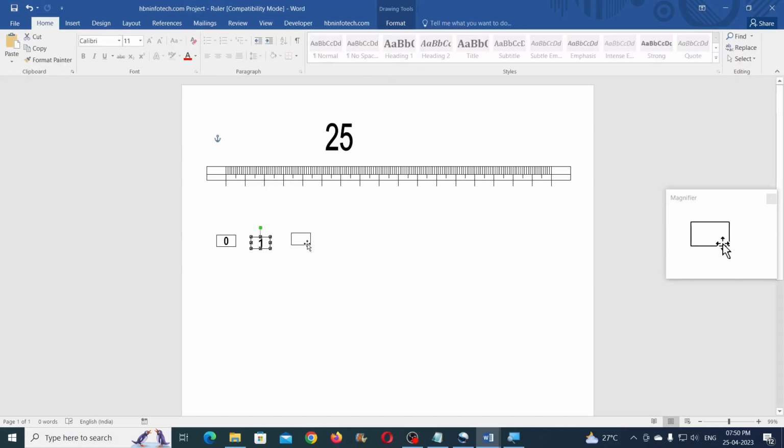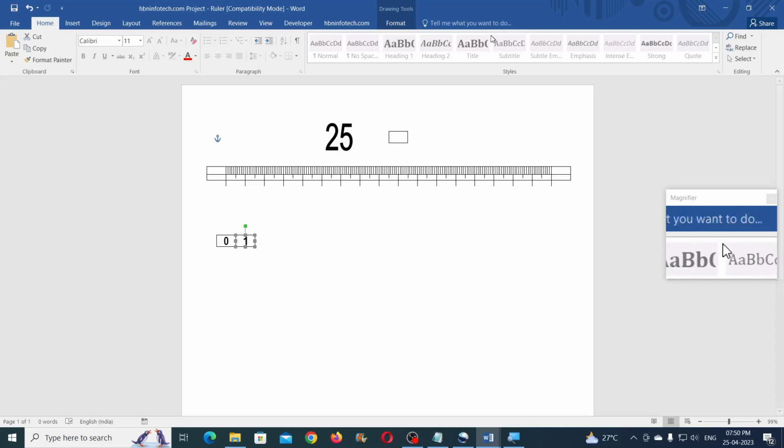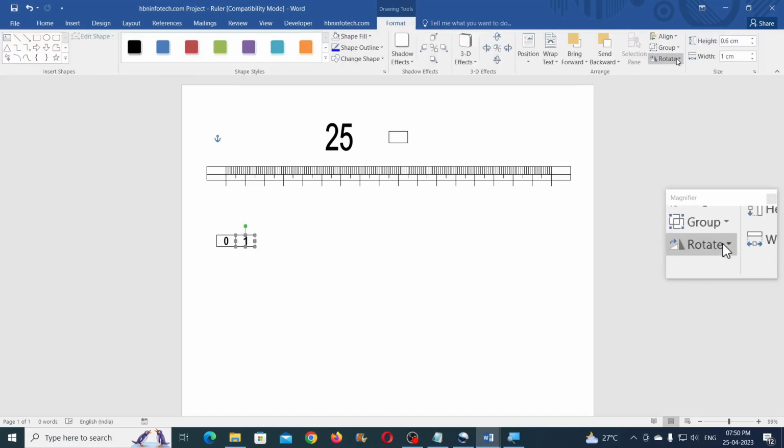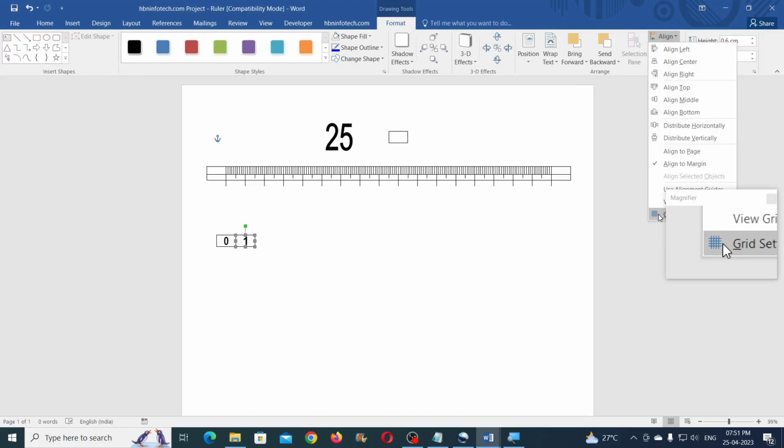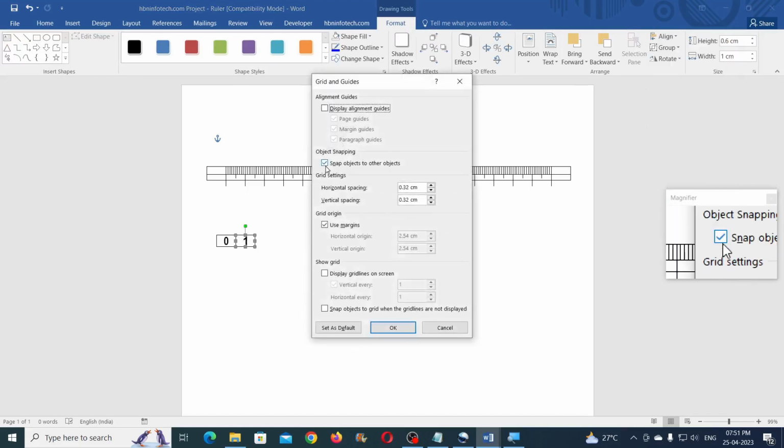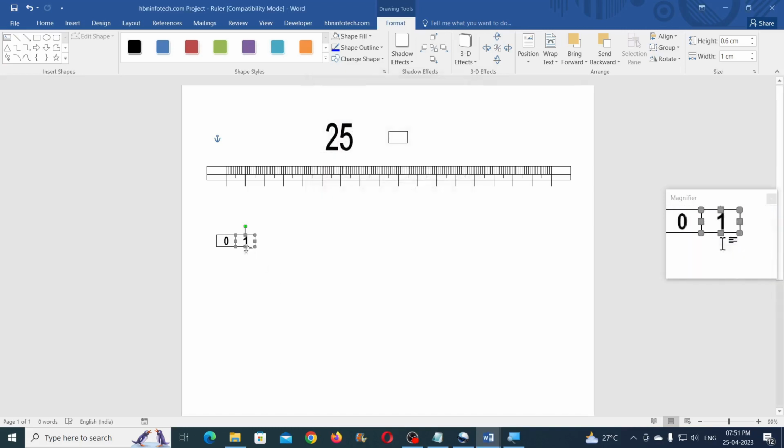Now what you have to do is you will need to place this exactly on this line. Since there is an option called snap objects to other objects, this would snap exactly on the line. See, this is the option. By default it will be selected. Now when you copy this, I'll prefer copying this 0 and I'll try to keep this exactly on the line like this. So we will need to make copies